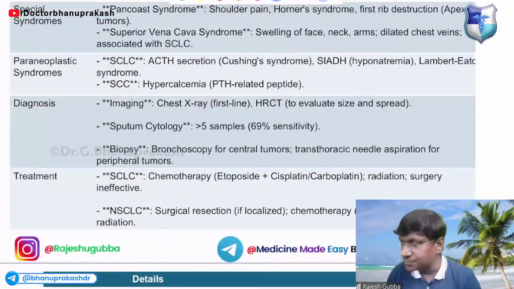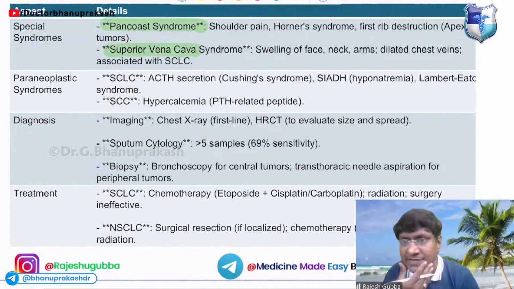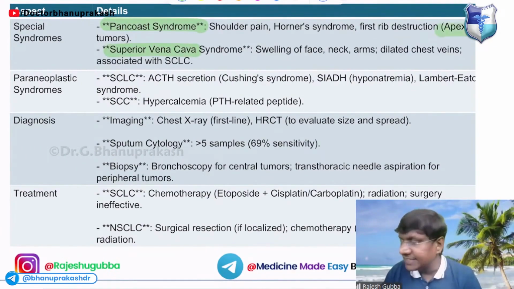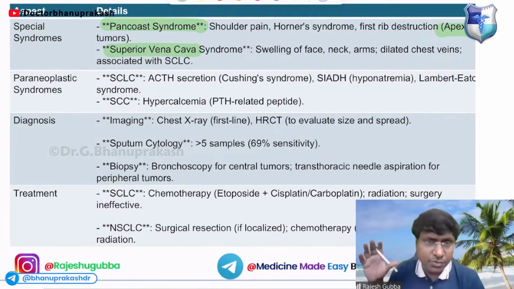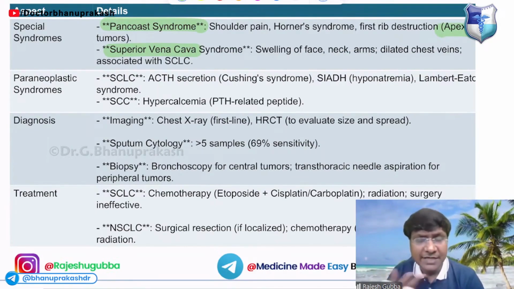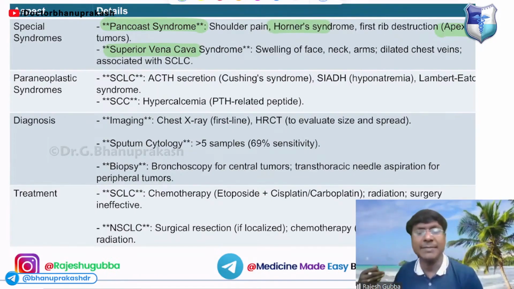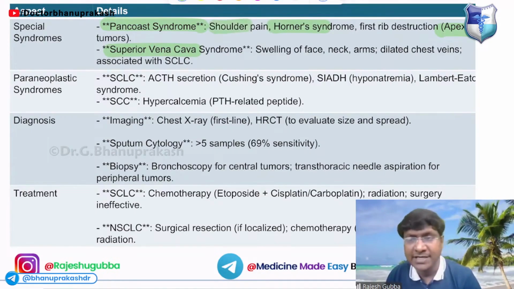we have some special syndromes. What are these special syndromes? Pancoast and as well as the superior vena cava syndrome. Okay. So Pancoast syndrome is nothing but the apical tumors, which is observed in case of adenocarcinoma. These apical tumors will be compressing the cervical sympathetic chain. That will result in the development of Horner syndrome, and there will be compression of the nerves which are coming down to the upper limbs, and that will result in shoulder pain